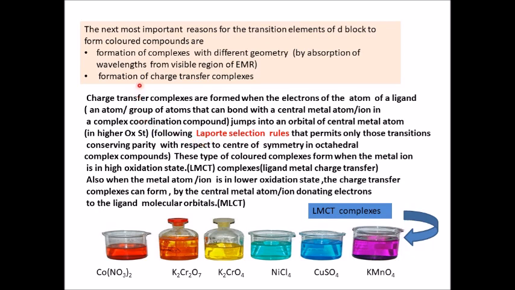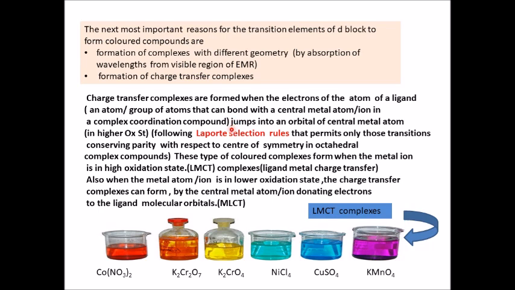So, what we saw was that if a complex is having an octahedral geometry, then it will be of a color which is different than another complex of the same metal ion in the same oxidation state but in a different geometry. So, we are seeing that Co(H2O)6 3+, that is hexaaquacobalt(III) complex ion, will have a different color than tetrachlorocobalt.